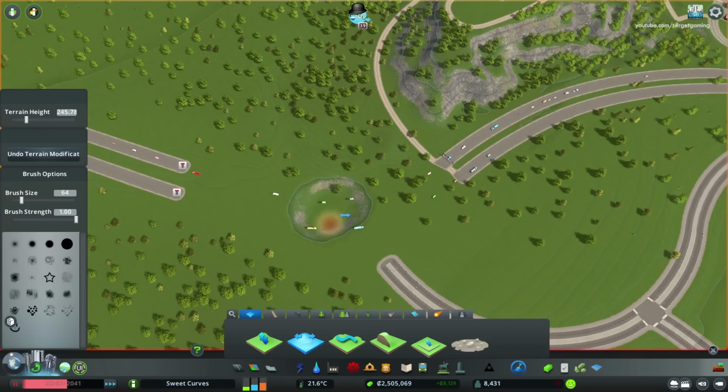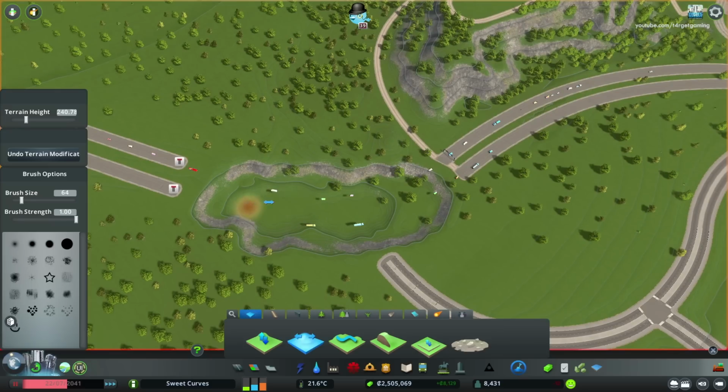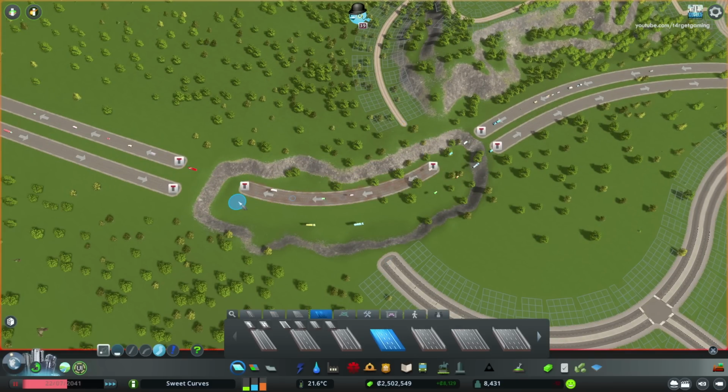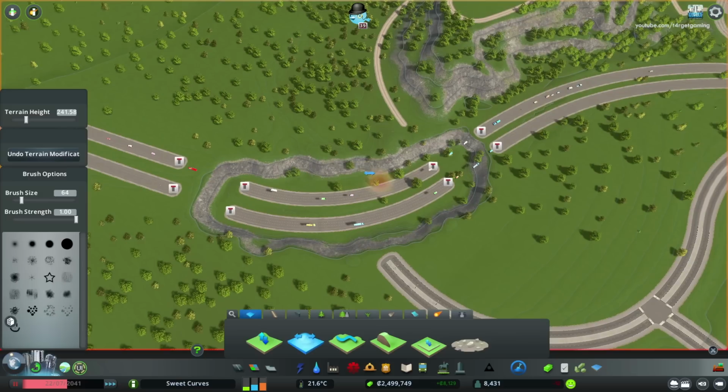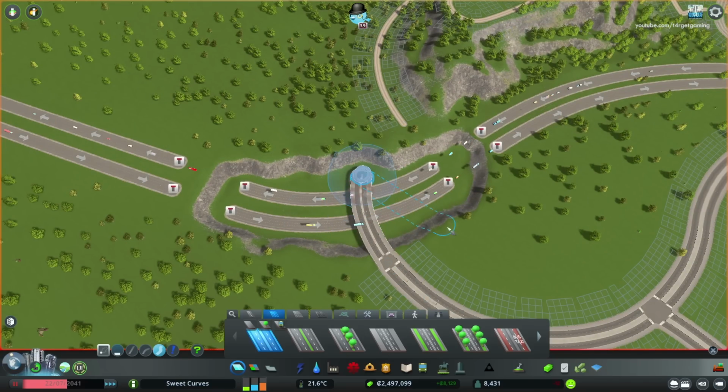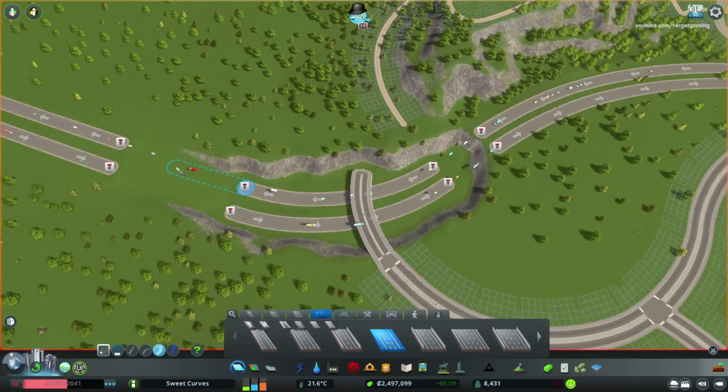Finally, we built the 4th interchange. The only one which is not quite a 3-way intersection. The avenue to the south is the arterial that connects to both the residential and industrial districts we built earlier in the video. The dirt road to the north is a road that loops around the hill where we've placed our wind turbines